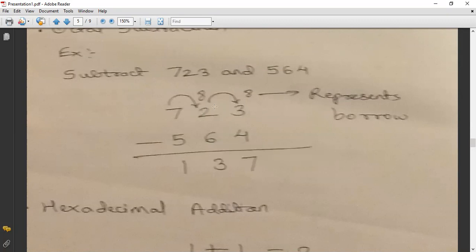So we are going to borrow one number from 7. Borrowing one number means an 8 equivalent. Okay, so 8 plus 1 is 9, and 9 minus 6 is 3. Now we have borrowed 1. We have given 1 to the next number, that is 2. Now what will remain here? 6 will remain. Okay, so 6 minus 5 is nothing but 1. So the answer for this question is 137.